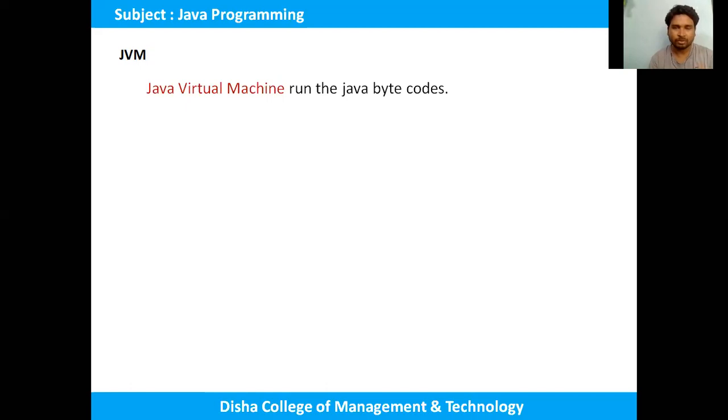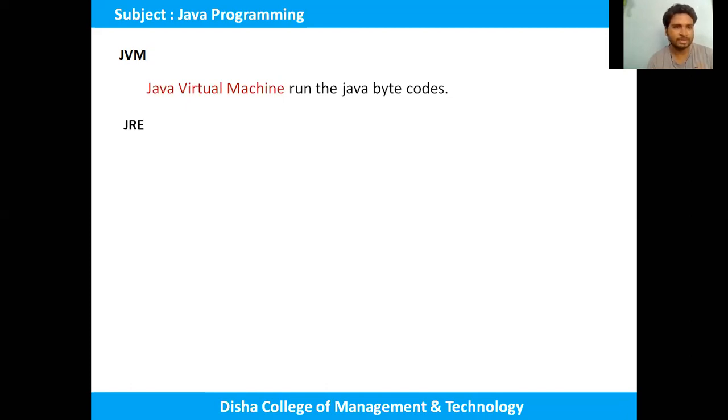Okay, so the bytecode is partially responsible for the platform independent feature of Java. In this case, first the Java code is there with the extension .java. When we compile it, it is converted to a .class file. The .class file is nothing but it holds the bytecode, and the JVM understands that bytecode and converts it further. Okay, so next